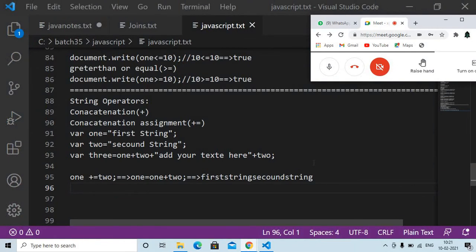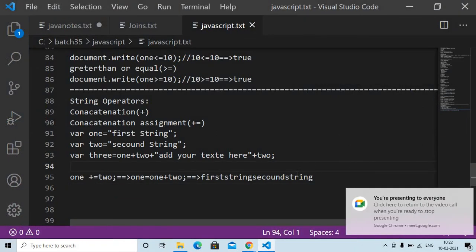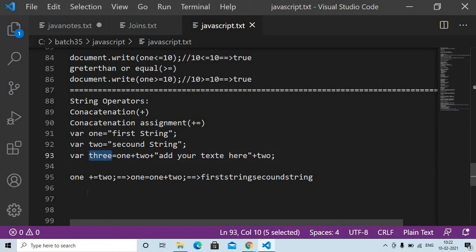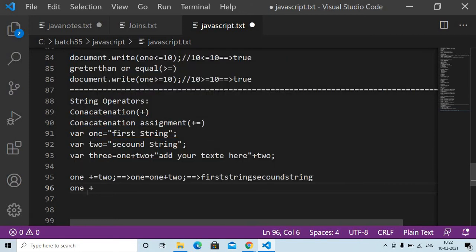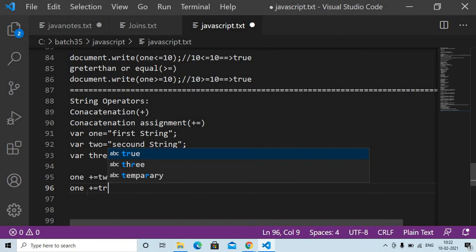Okay, so you want to attach the strings in one variable. For example, you want to attach the third value also, like 1 plus is equal to 3.